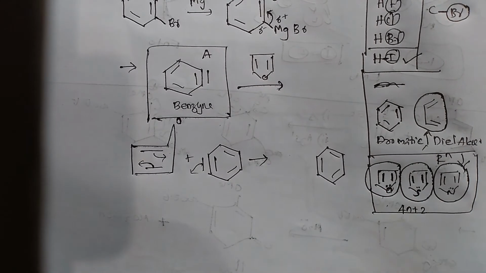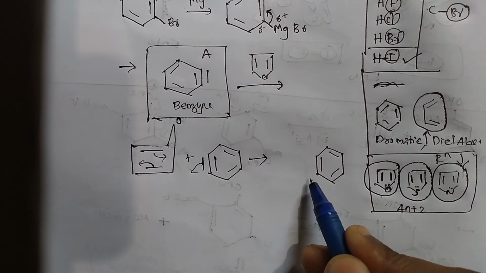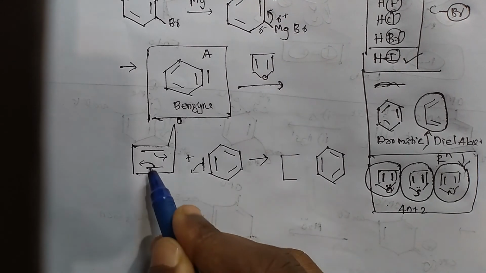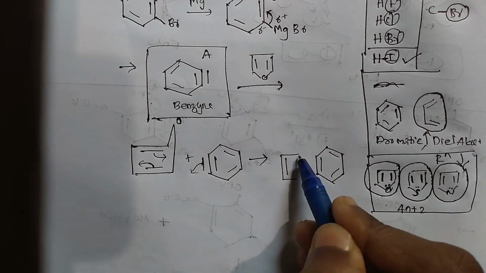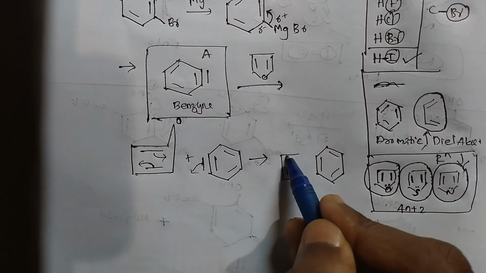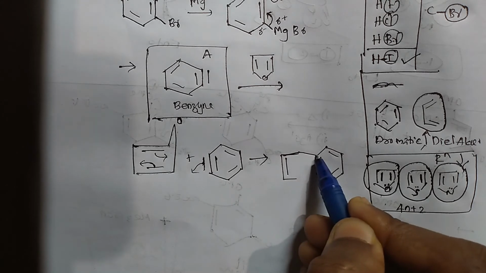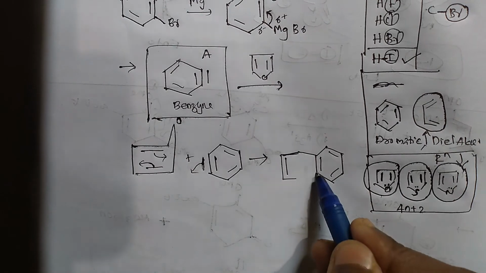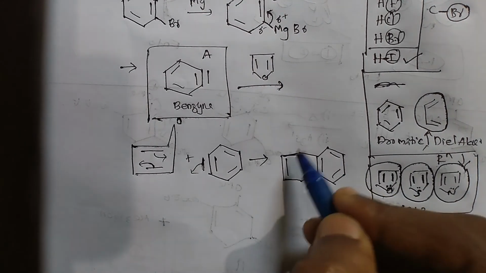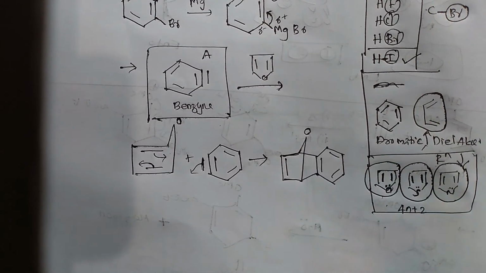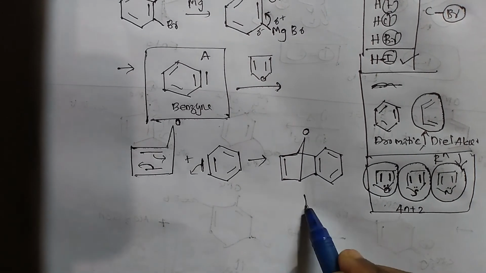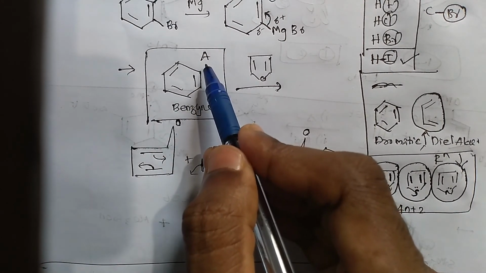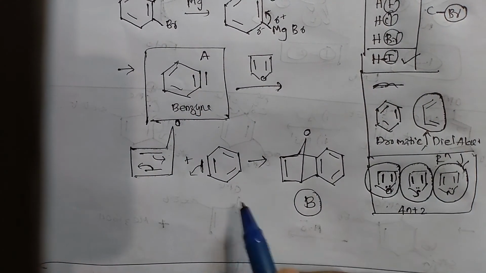there is a double bond here. This bond is participating in the reaction, so we get the reaction just like this. This bond is going to here, and this is coming to here, so it will form a bond here, and this one will make a bond towards here. So this is the product that we obtain, and there will be a ring something just like this. So this is our product B. So we got our product A, benzene, and we got our product B here. So this is a Diels-Alder reaction.